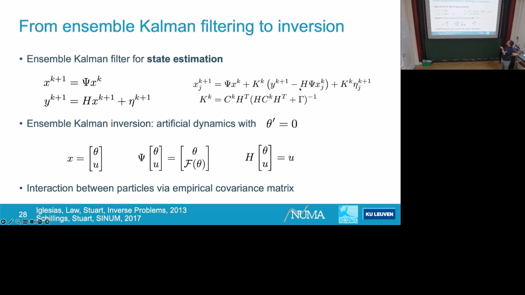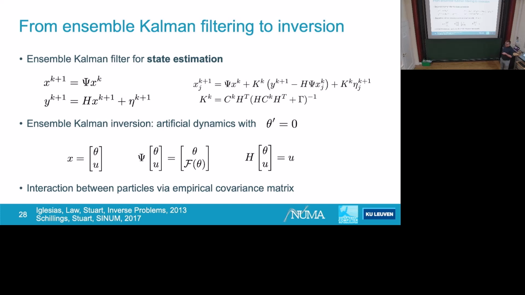If you expect this covariance to be large, it means that you don't trust your model a lot, because you already expect a large difference between your model and your prediction. And the noise covariance you know, because you know your measurement device, and so you weigh how much you trust the model versus how much you trust your data. And that's how ensemble Kalman filtering works. You see everything here is linear.